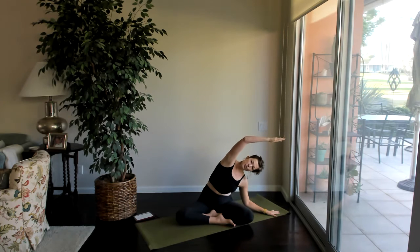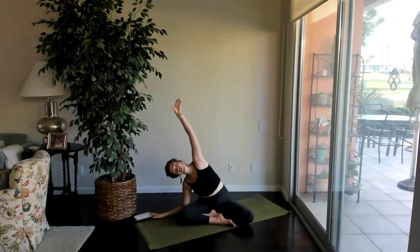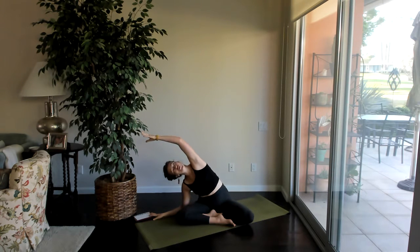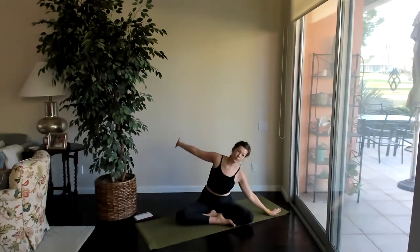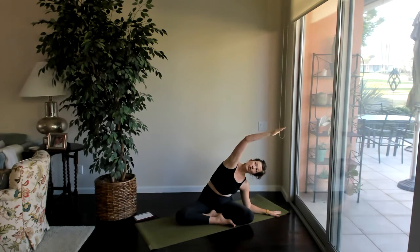Now go ahead and move through these two postures, side to side, flowing with your breath in whatever way feels best for you. Pausing and holding on each side for as long as you'd like, or you could always take one breath per movement. Taking your time,